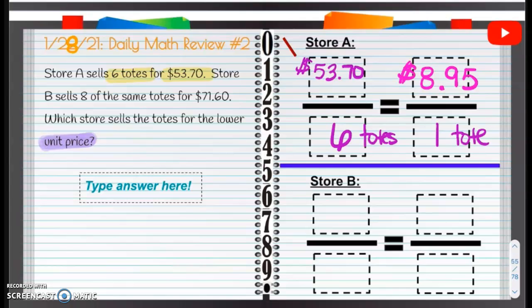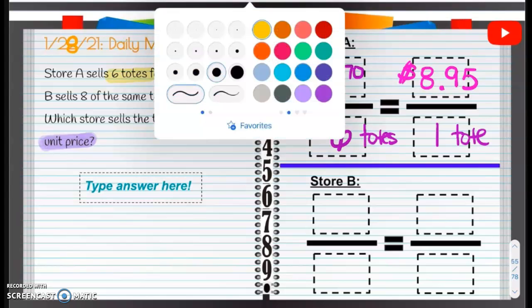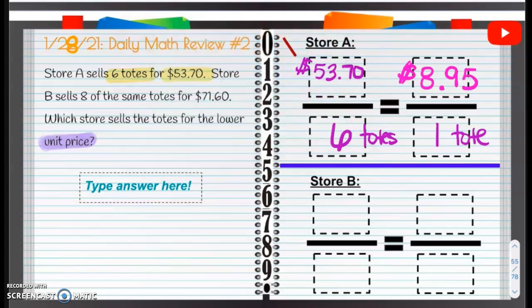$8.95. Okay, so that's for 1 tote for store A. Let's look at store B. Store B sells 8 of the same totes for $71.60. So $71.60 divided by 8 totes. So we're trying to figure out for 1 tote how much it is. So we're just going to divide. So $71.60 divided by 8 is going to be